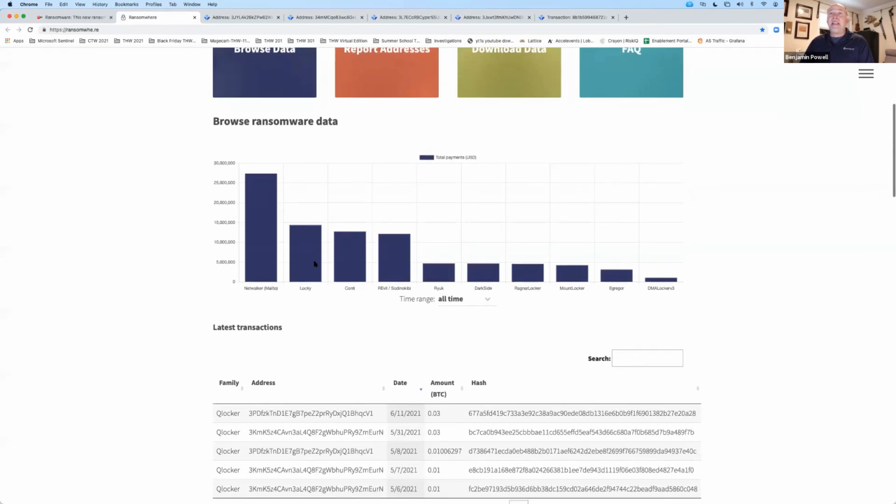And then basically what it's doing is it's letting you understand where that money is going. Because it's blockchain, it's all public, and you can look to understand which wallet paid which wallet. If you know the bad guy's wallet, you can see what goes into it and what goes out of it. Okay. So right now we're looking at